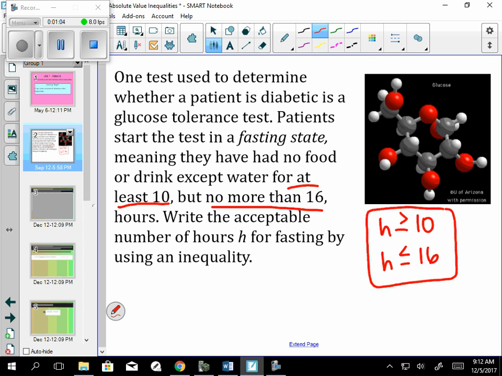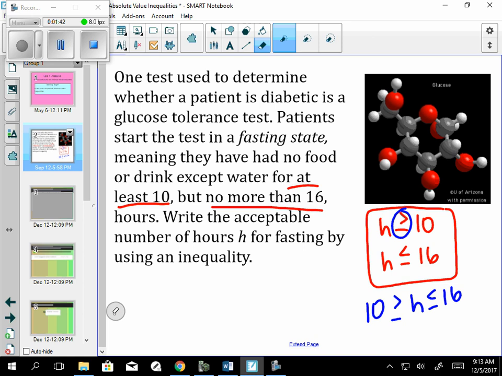What we're going to be looking at today, though, is what's called compound inequalities, which means they're going to take these two statements and make it into one. A compound inequality for the same information would look like this: H is less than or equal to 16. Then the other number goes on the other side, and we write another inequality symbol in between. Now, we don't want to copy this symbol here, okay? That would be incorrect, because if you look where we just had this,